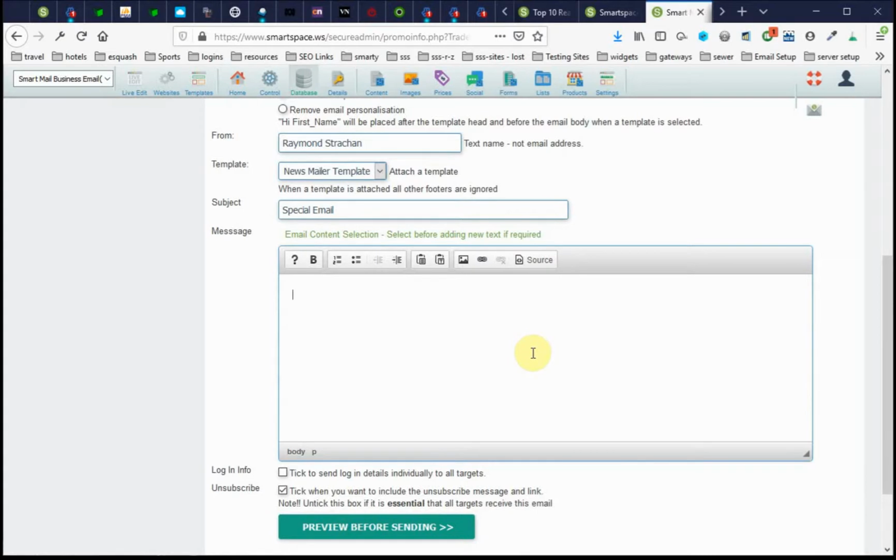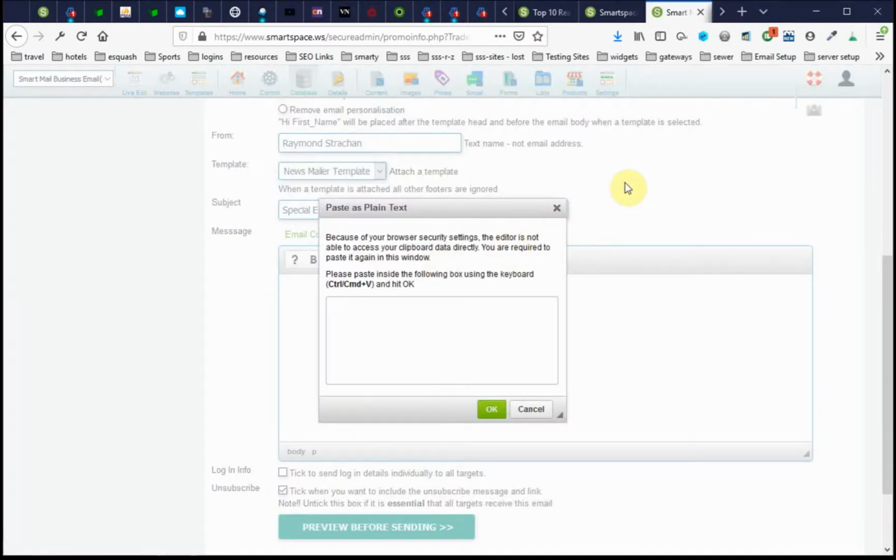Then you can put your email into the editing area. There are 3 ways of doing that. One, you can just start typing and formatting using the toolbar of the editing area. Two, you can paste something from another document into this editing area, and I strongly advise that you use the pasting tools in the toolbar here. Paste as plain text is probably the best one you can use. So just open that, have the text on your clipboard, and hit Control V to paste it into this area here,